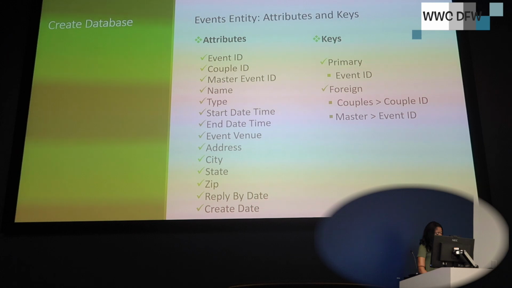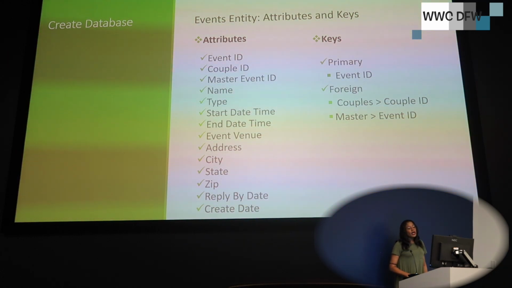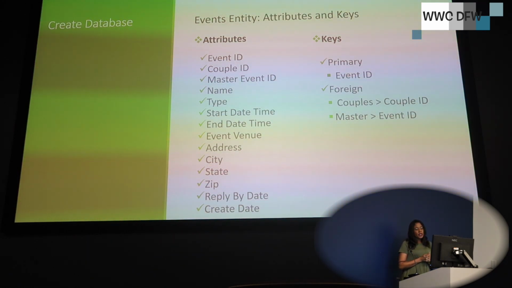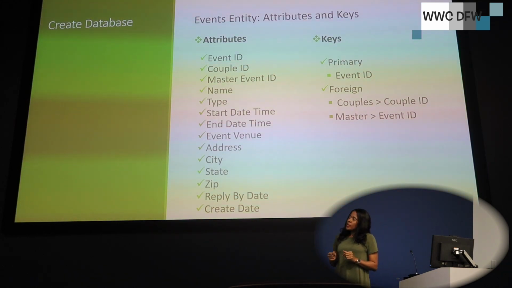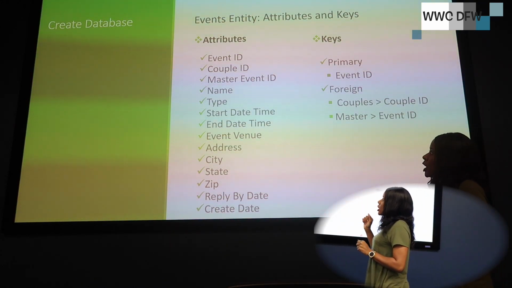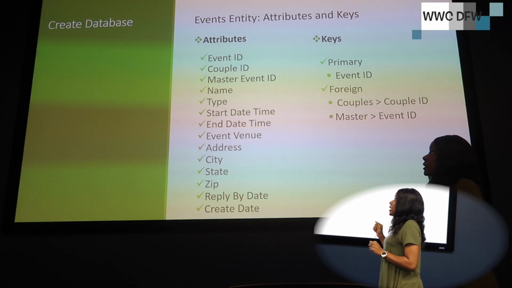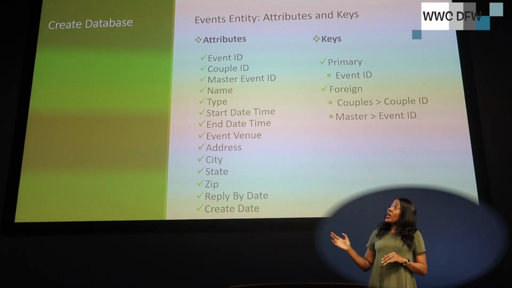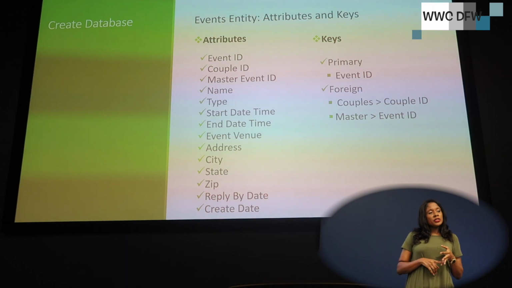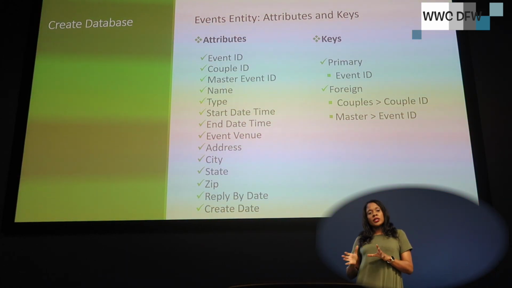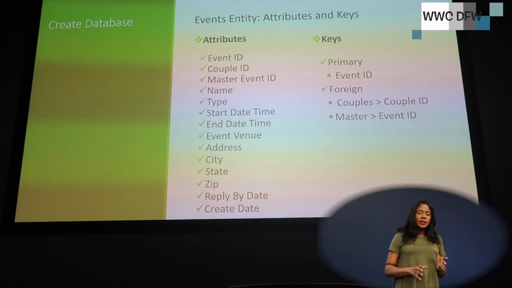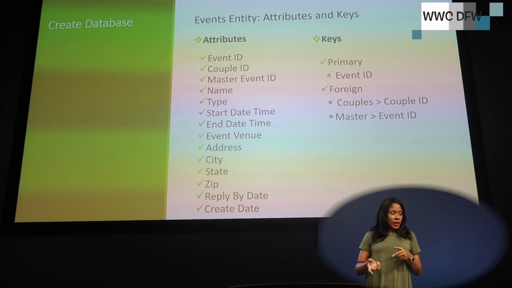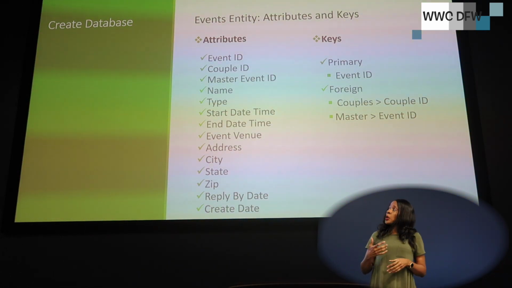events, we spec out the data that we need in order to create the event. So you see the addresses, and one unique thing I would say here is that we have the event ID, we have a couple ID, and we have a master event ID. When we were just talking about one couple, the one page that I did, we really didn't have to have a couple ID or a master event ID. When I decided to expand it over to the MVC model where I could reuse it again, I added in those 2 elements to support as we flip from different couples on their couples page as well as their dashboard